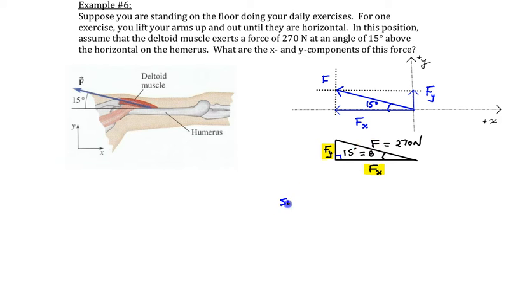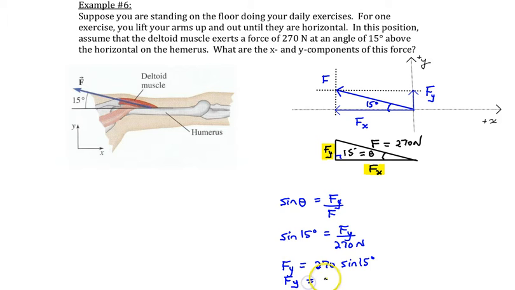Hopefully you're thinking of sine of the angle would be one of them, which is the opposite to the angle of 15 degrees, which is Fy, all over the hypotenuse, which is F. Or you can rewrite that as sine of 15 degrees equals Fy divided by 270 newtons. And if you solve for Fy, it will be 270 newtons times sine of 15 degrees. And this will give you an answer of